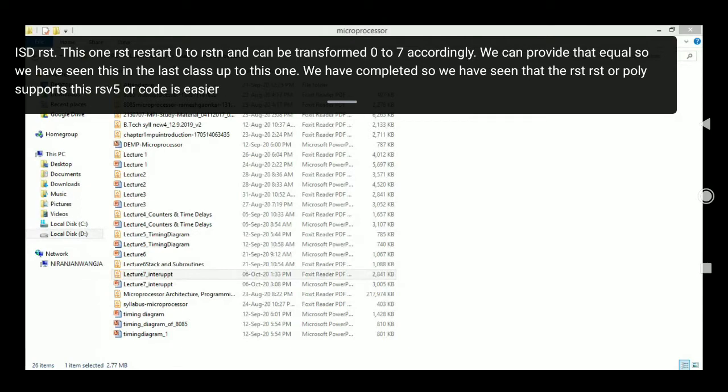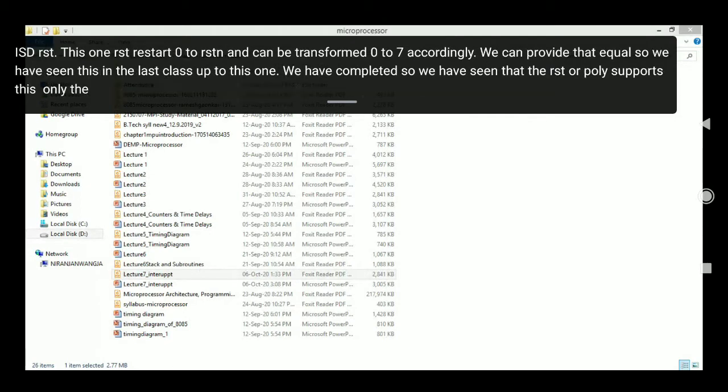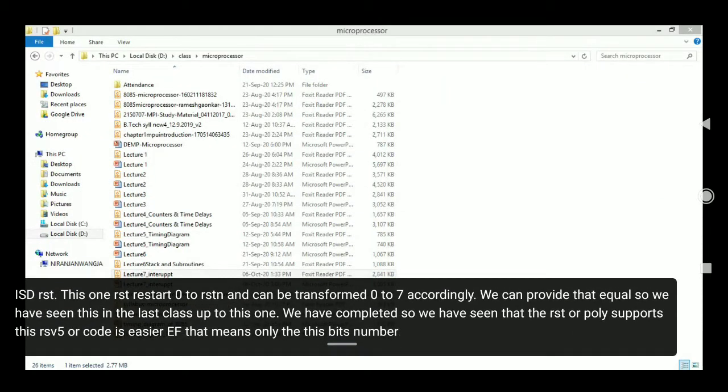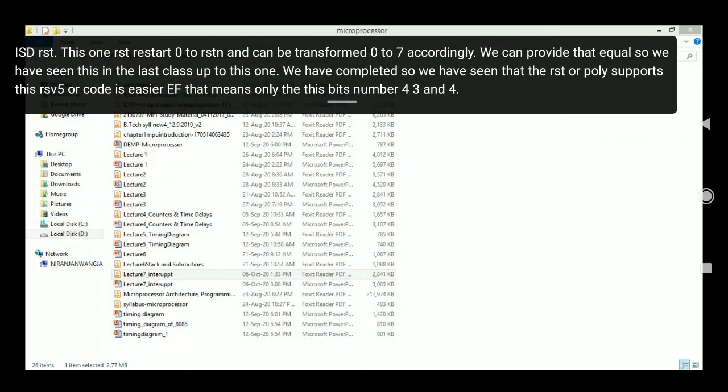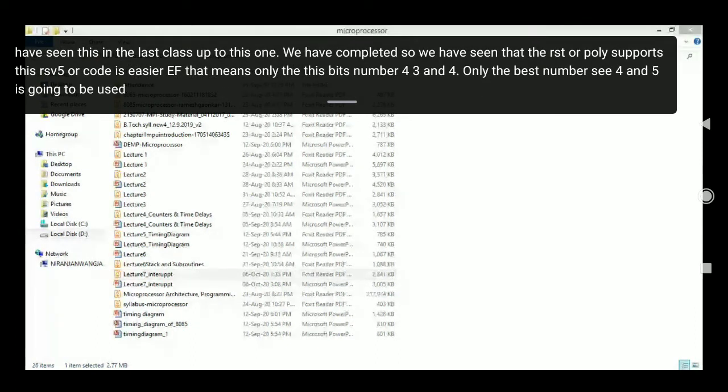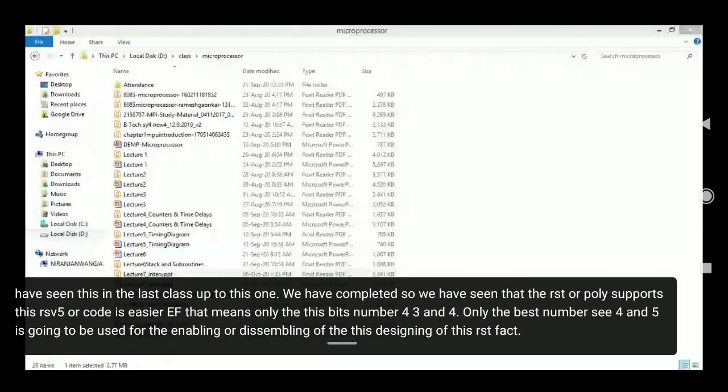That means only the bits number 3, 4, and 5 are going to be used for the enabling or designing of this RST5.